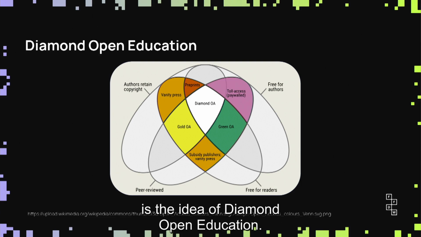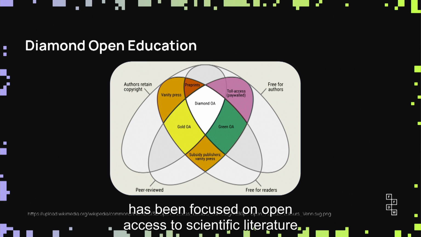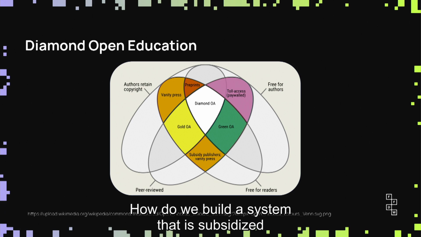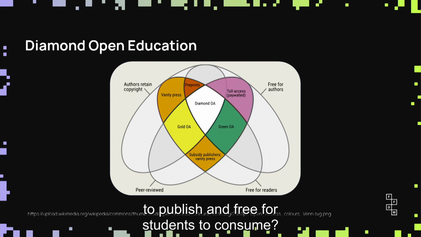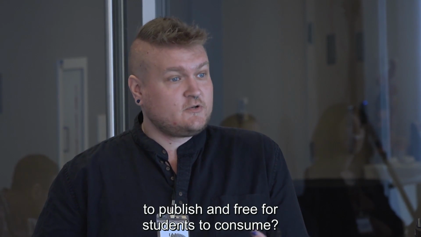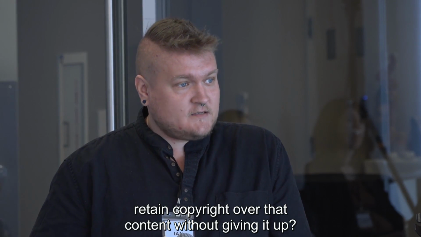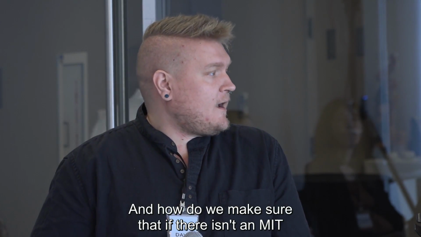And the last idea is something that Curt and I discussed briefly in our call when we were preparing for this, the idea of diamond open education. The diamond open access movement has been focused on open access to scientific literature, data sets and published research. But the same principles and ideas can be applied to open education. How do we build a system that is subsidized so that it's both free for educators to publish and free for students to consume? How do we make sure that those authors retain copyright over that content without giving it up? And how do we make sure that